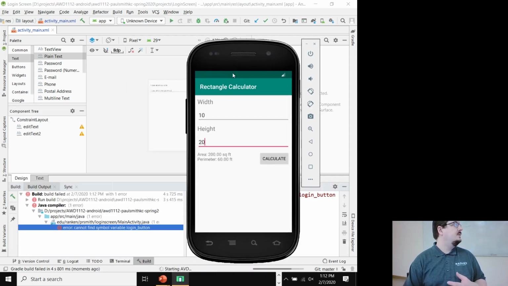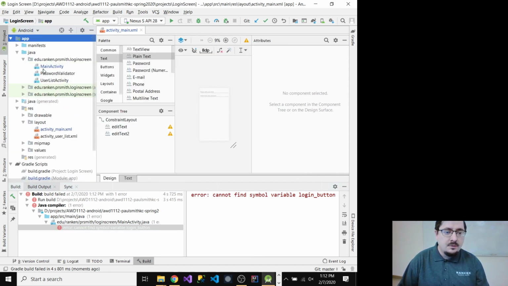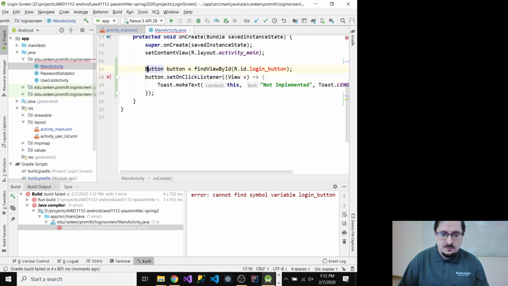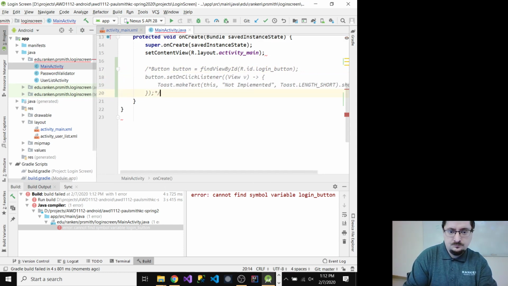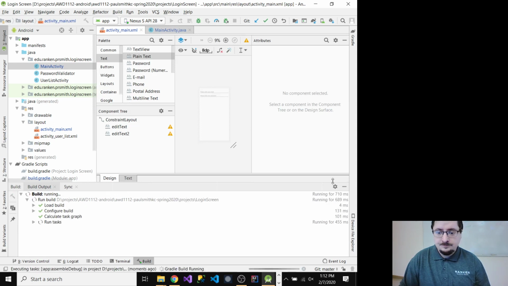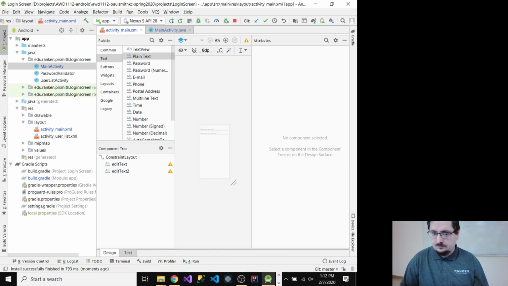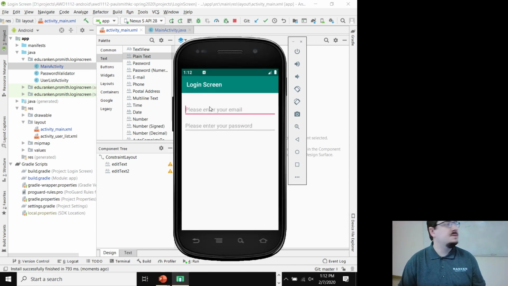So again, both of these fields, one for the email, one for the password. Oh, cannot find symbol login button. Oh, because I need to go remove some code. Okay, so I got two fields, and you'll notice when I open that screen, that activity,